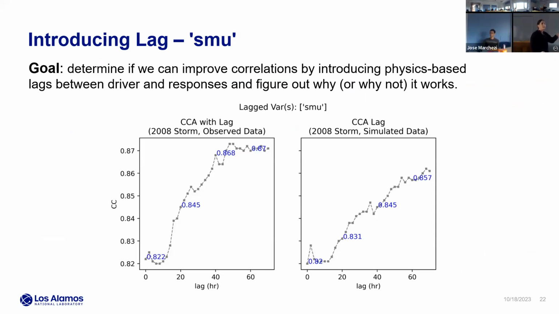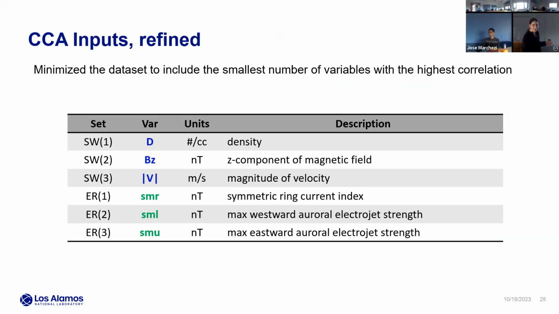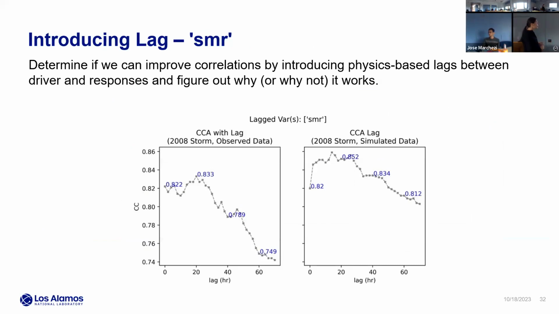It does plateau and eventually it drops. This was done at the very, very end. So we were considering maybe it has to do with the solar cycle or some other cycle that introducing a time lag would account for. We have not found any conclusions. A really interesting result is that I do have more slides for this. We found that SMR actually decreased pretty early on, so the lag did not improve it, which is really interesting. And this was only with 3 and 3 inputs. When we looked at all of our inputs, everything improved. So we have a lot to look into with the time lag, but it's in its very infancy stage.